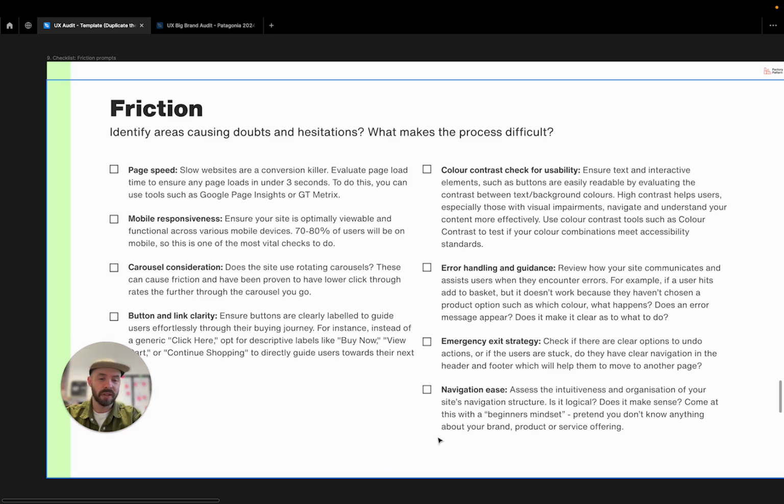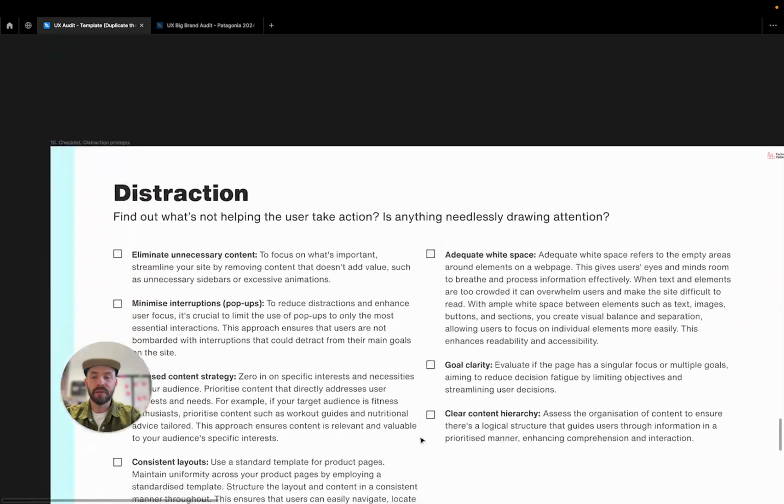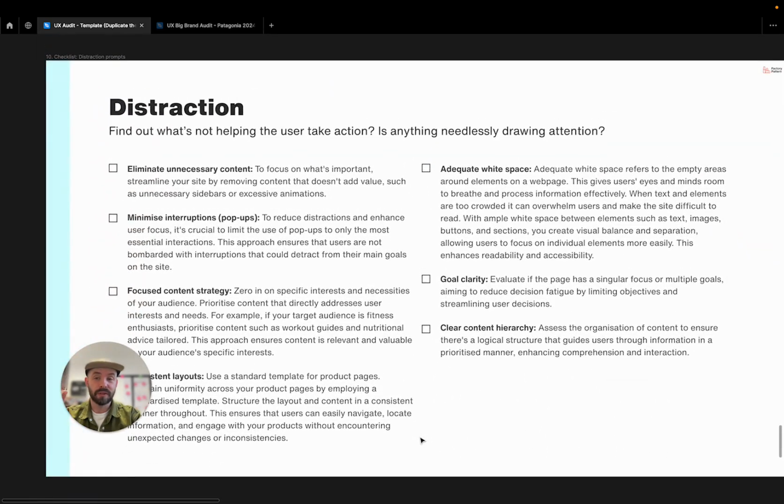And then also look at things like navigation. Is it obvious? Does the navigation clearly state where the user's going to go if they click on that item of navigation? If not, then it's going to make it difficult and they may hesitate on clicking it and therefore not go deeper into the site or the app that they're in front of. And then the final point,